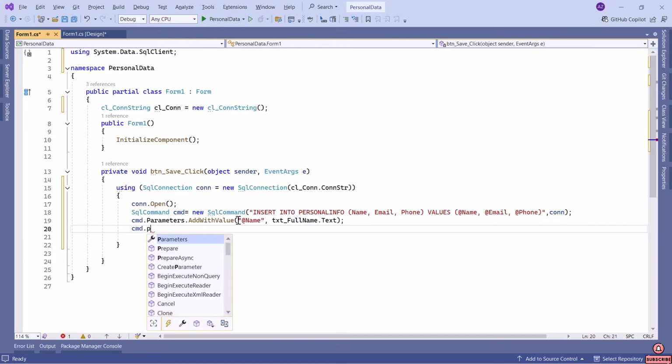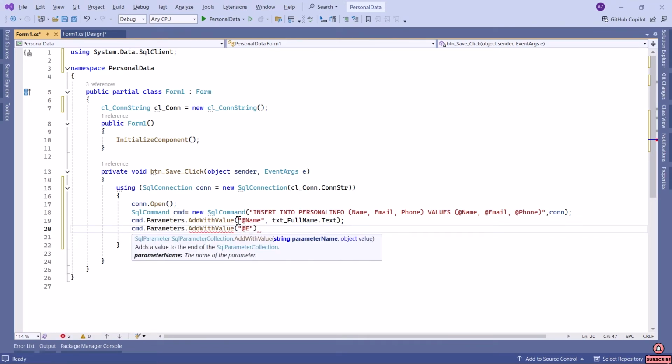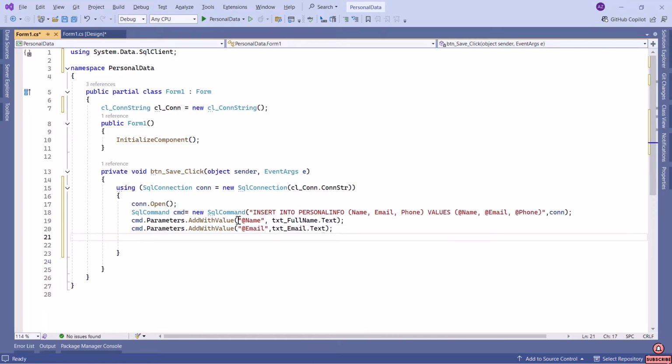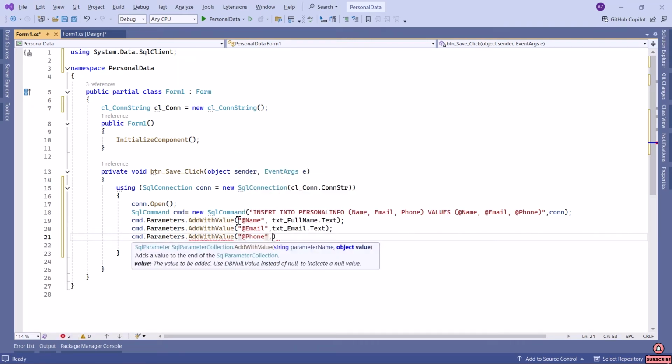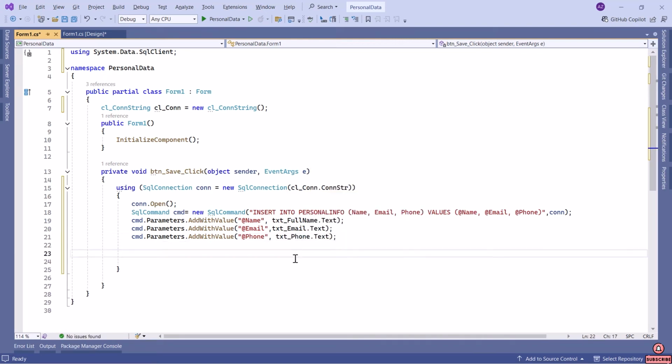Next, cmd.Parameters again, .AddWithValue. It's now for email, and the last one is for the phone number. txtPhone.Text. Now we have to execute this SQL command. For this purpose, we write